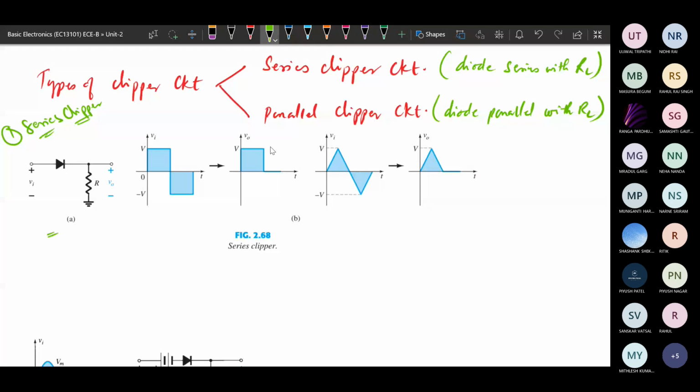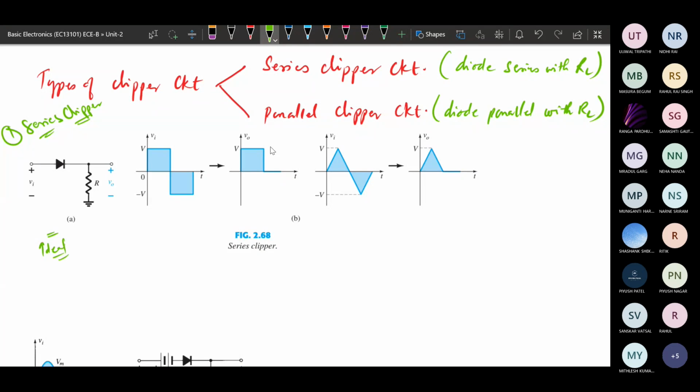So in the DC component, in the previous classes we have already seen how the diodes behave once we have applied the DC component. So here we are applying the AC component and how it is going to vary. Okay, so if it is an ideal diode,